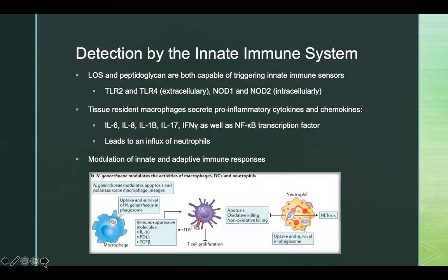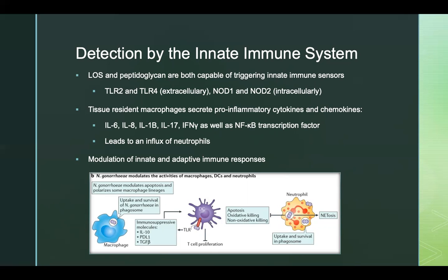When it is detected by the innate immune system, that would be because of PAMPs present, such as the lipooligosaccharide and peptidoglycan, which are capable of triggering innate immune sensors, such as toll-like receptors 2 and 4 in an extracellular scenario, and NOD1 and 2 receptors, assuming that the pathogen was phagocytosed. After phagocytosis, tissue-resident macrophages can secrete pro-inflammatory cytokines and chemokines, such as interleukin 6, 8, 1 beta,